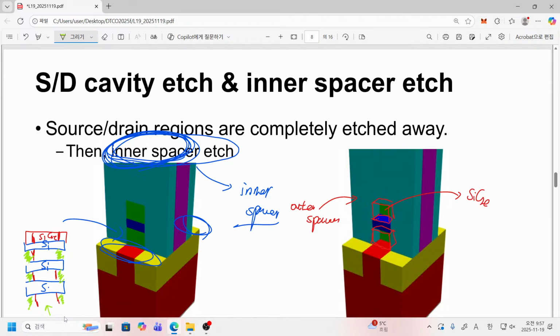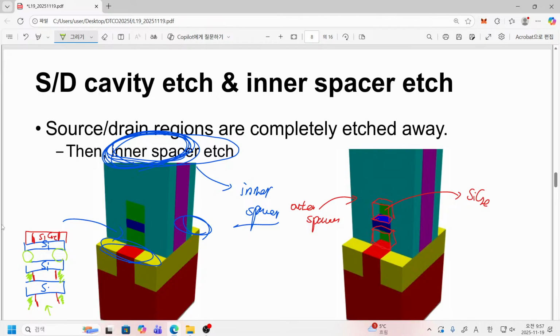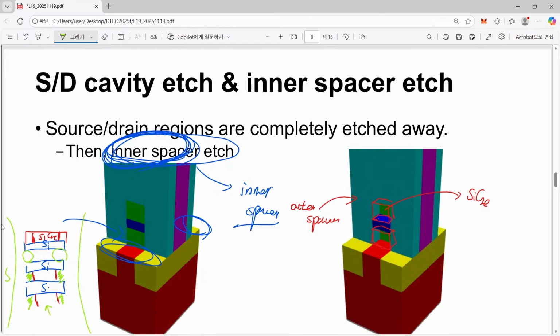So the problem is, let's assume that we do not make any kind of this inner spacer. Then what will happen? This part and this part will be covered by our gate formation. However, quite nearby here, we have source and we have drain. So it means that isolation between source and gate and isolation between drain and gate is not available without this inner spacer. That is the key difference between this nanosheet